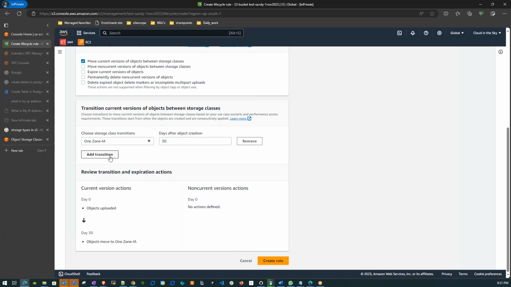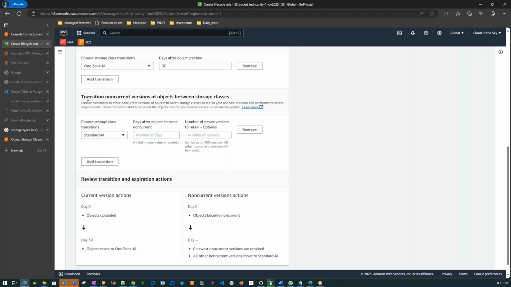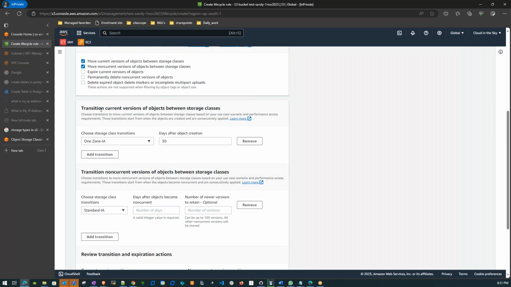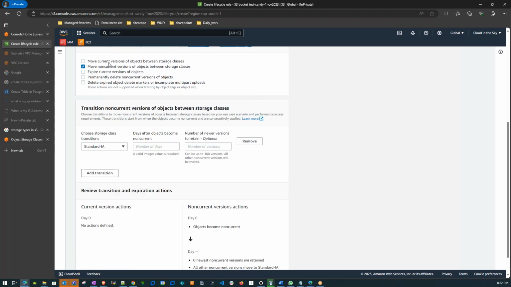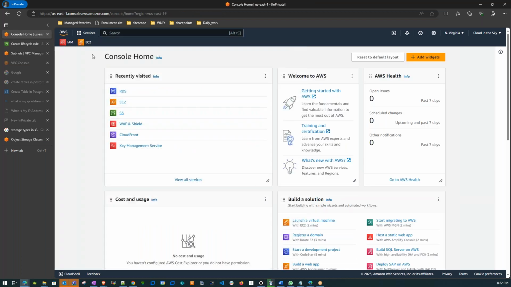Okay, and if you want to make more transitions, you can choose the other one, like transition the non-current versions of objects between the storage classes. Non-current versions meaning what? What are the current versions and the non-current versions? Current versions meaning whichever is happening very frequently, those will be considered the current versions. The non-current versions meaning that, okay, I think I did not explain this thing. Coming to the S3,